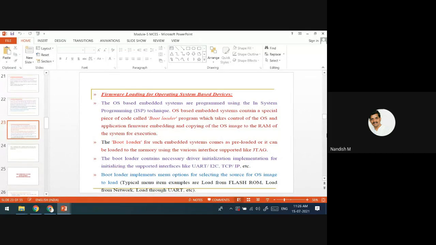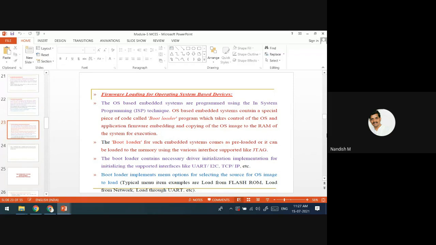This bootloader program, with the help of different types of interfaces, which can be JTAG or SPI buses, loads the OS image into the memory. The bootloader has different options. That OS image can be in the flash ROM, it can be loaded from the network itself, or it can be loaded through the UART.